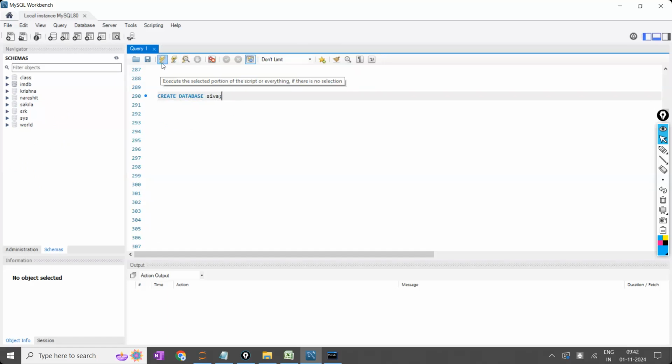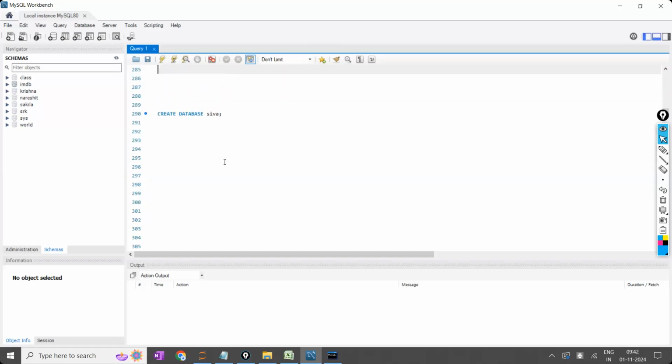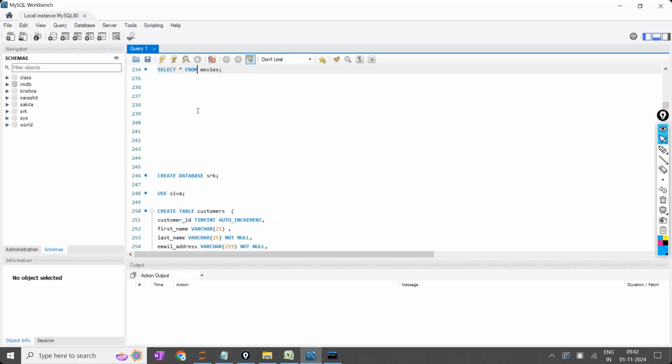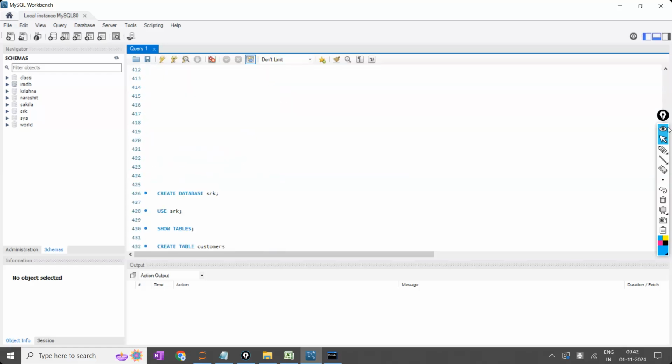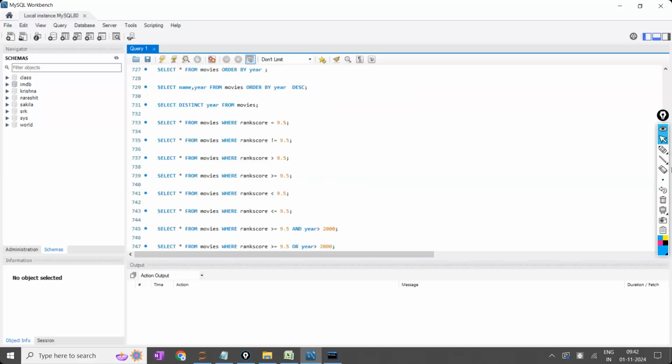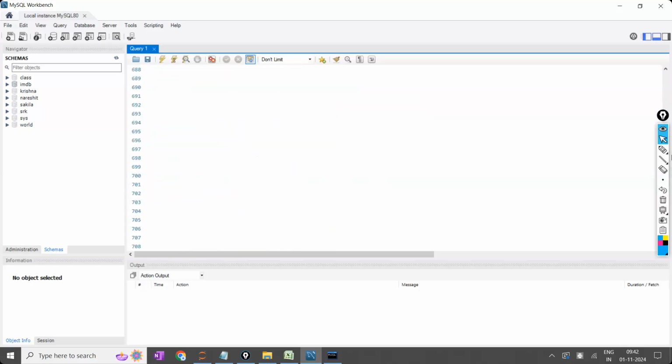Now if you execute using this one, what happens? For example, I'm on line number 290, but above this, so many queries we have already executed. Instead of deleting them, I just came down. So multiple queries are there, below and above also.